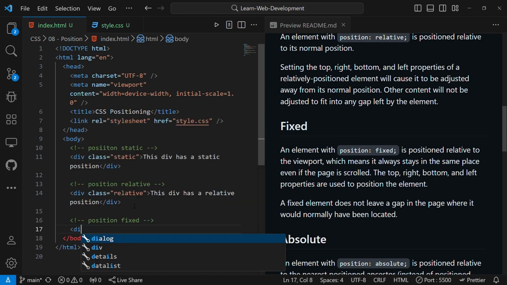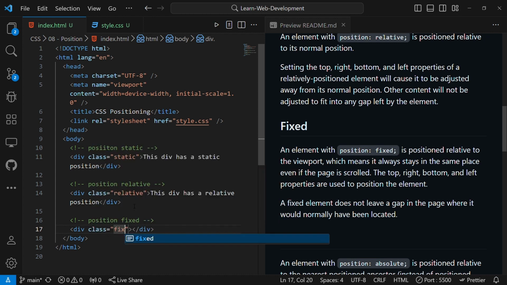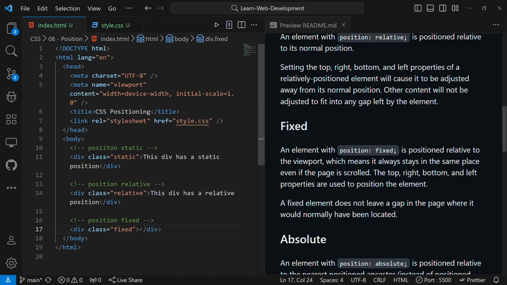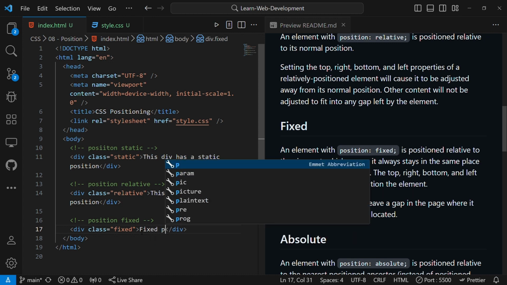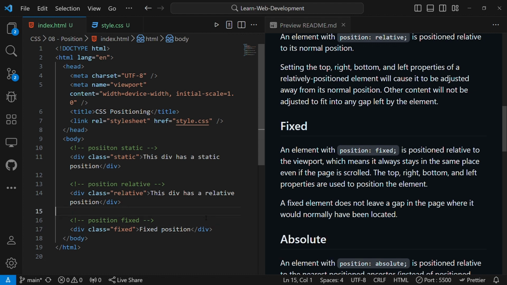Then I'll create a div. I'll give it a class of fixed. Then I can write here, fixed position, or yes, I'll just say fixed position. Like that. Also, we have said that when the element has a fixed position, it will remain fixed even when